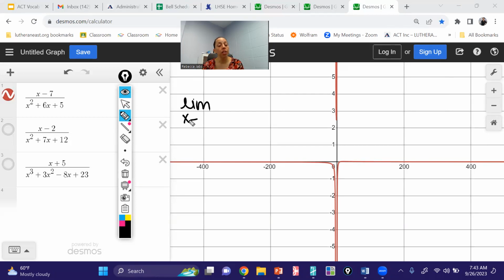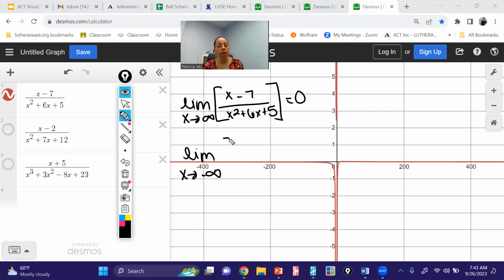0. So this limit, as x is approaching infinity, and actually, quite honestly, it would also be negative infinity because it does not matter if I look towards the left or towards the right. It looks like I'm right on the x-axis. Since I'm right on the x-axis, the limit of both of these would be 0. Okay? Because as I go towards the left and towards the right, I am right on that